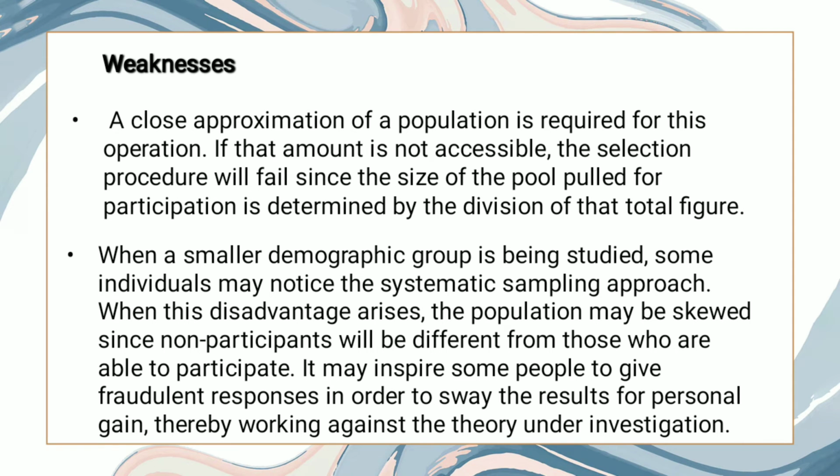When a smaller demographic group is being studied, some individuals may notice the systematic sampling approach. When this arises, the population may be skewed since non-participants will be different from those who are able to participate. It may inspire some people to give fraudulent responses in order to sway the results for personal gain, thereby working against the theory under